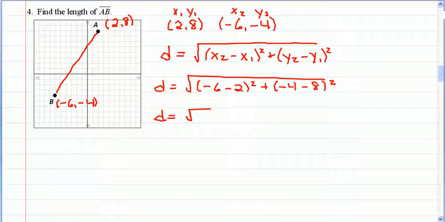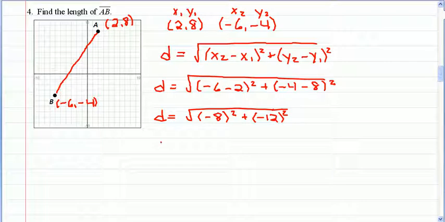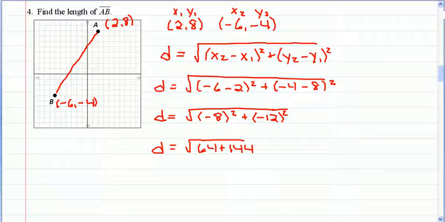Simplify the parentheses. -6 minus 2 is -8. -4 minus 8 is -12. So that I have 64 plus 144